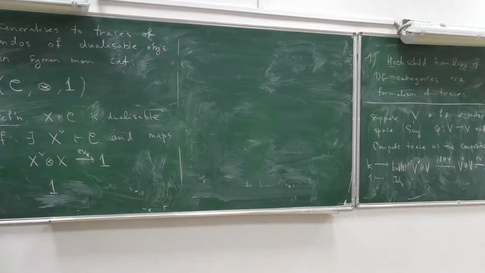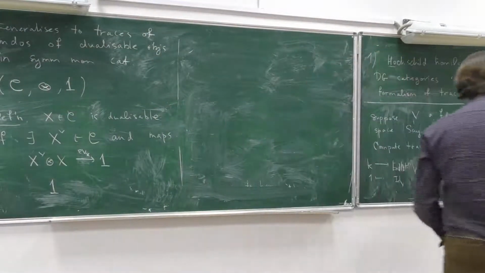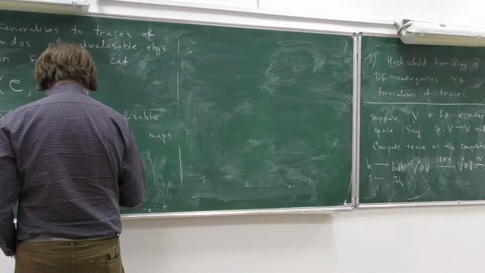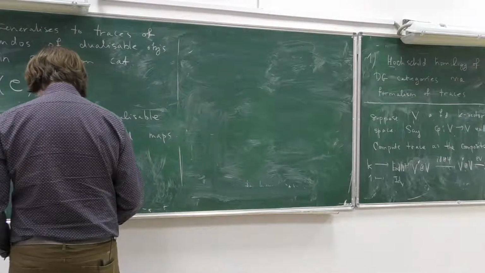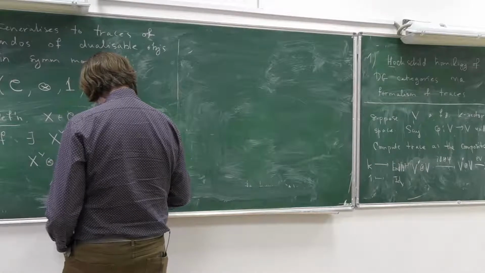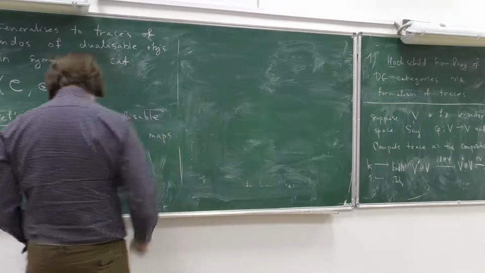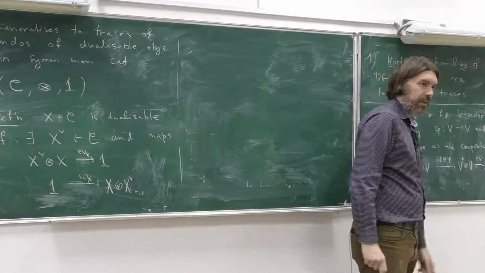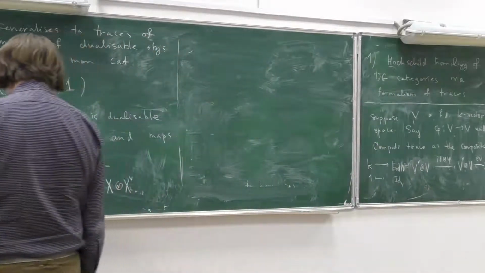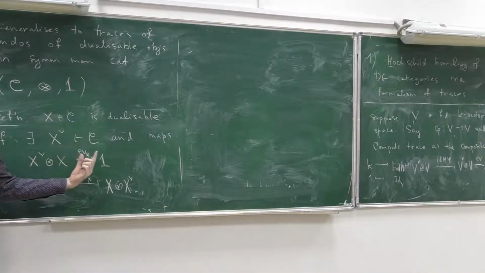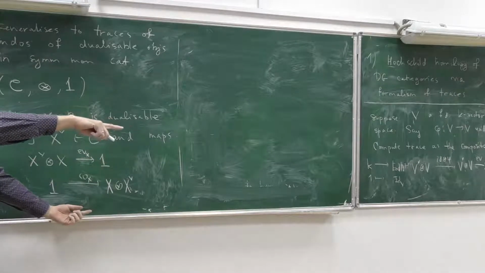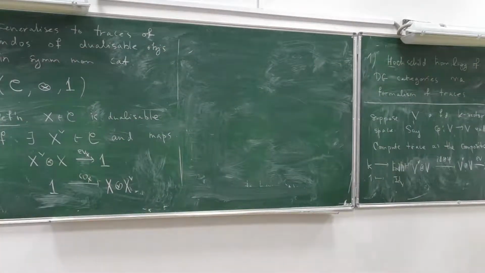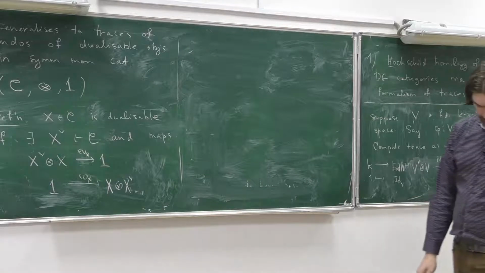And actually, I don't know how important this is or not. Usually the way people write it is the co-evaluation takes values in x tensor x check, like that. So I could have rewritten this as like v tensor v, and I could have put in the twist somewhere in here. So this is supposed to be like a pairing. It's supposed to be the co-pairing, like sending one to the identity. They have to satisfy a kind of non-degeneracy property with respect to each other. Let's see if I can write it down.